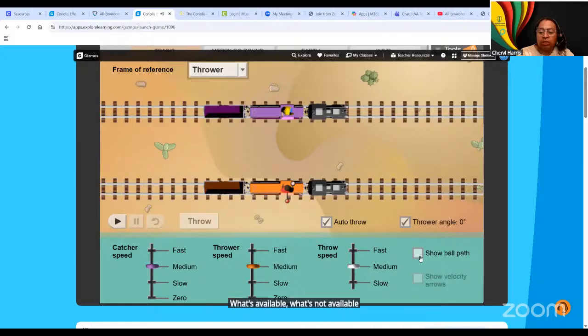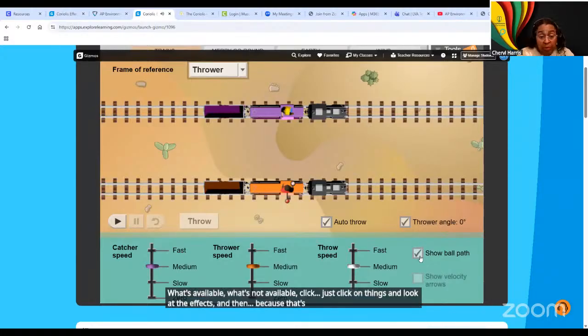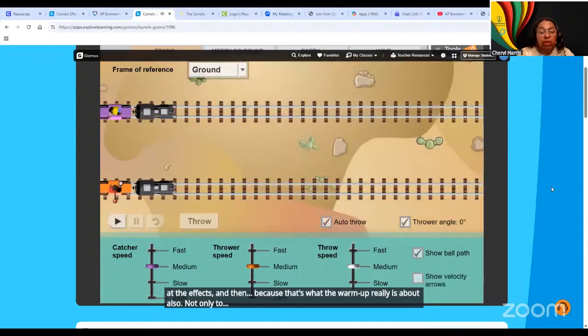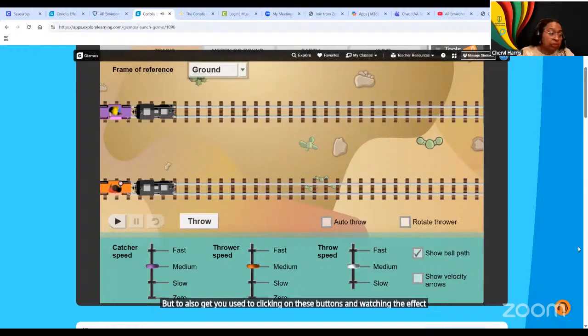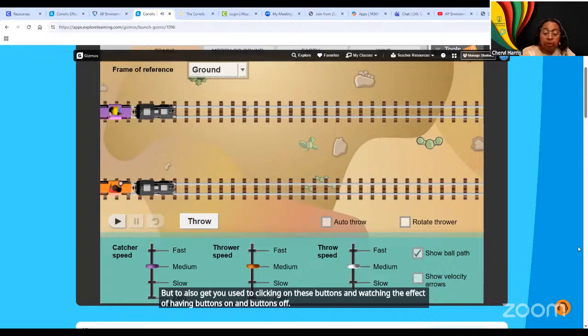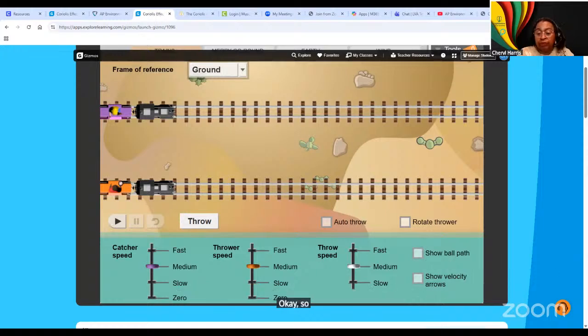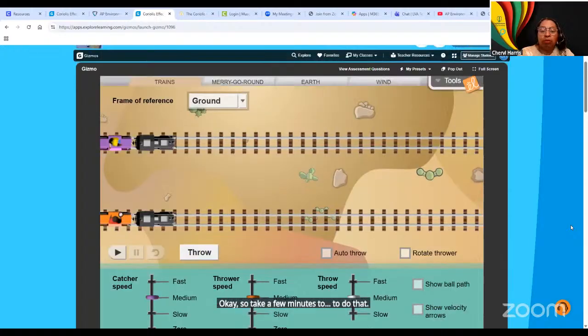Just click on things and look at the effects, because that's what the warm-up really is about also, not only to get you to play with the train, but to also get you used to clicking all these buttons and watching the effect of having buttons on and buttons off. Okay, so take a few minutes to do that, and then always reset